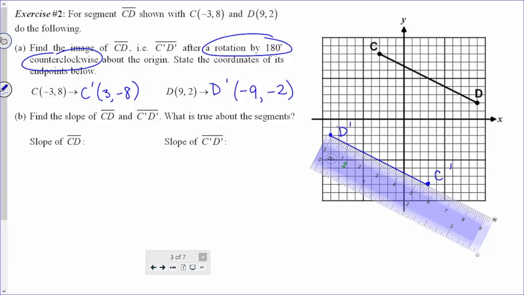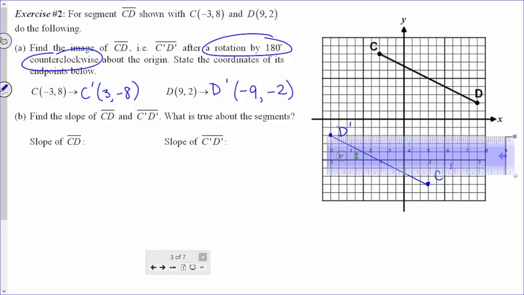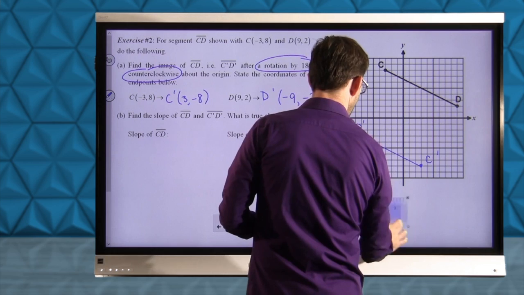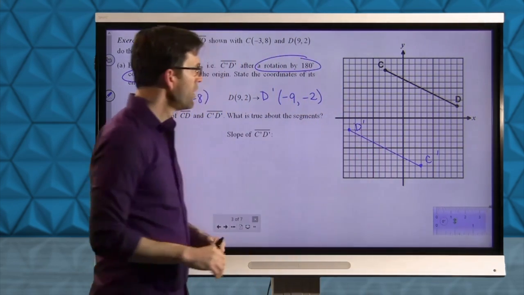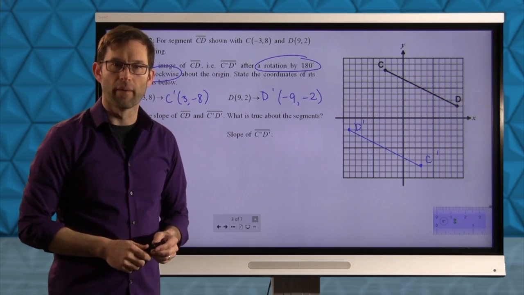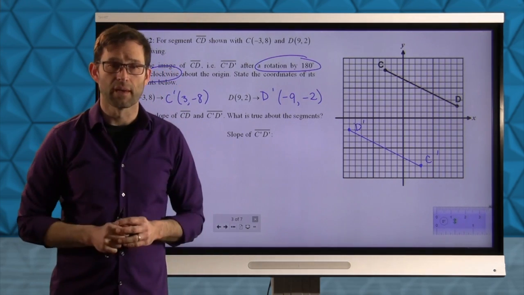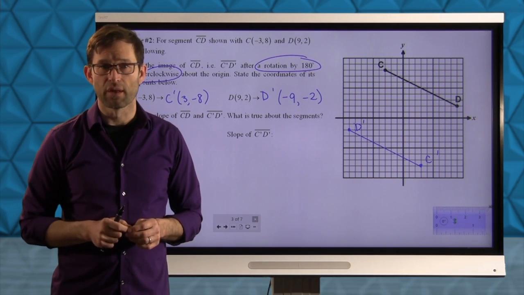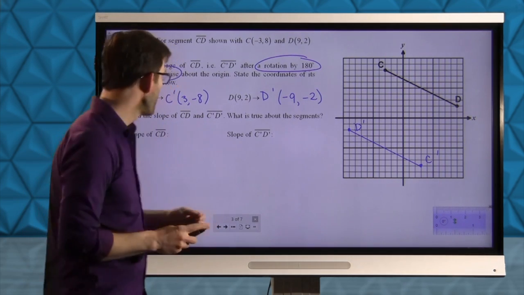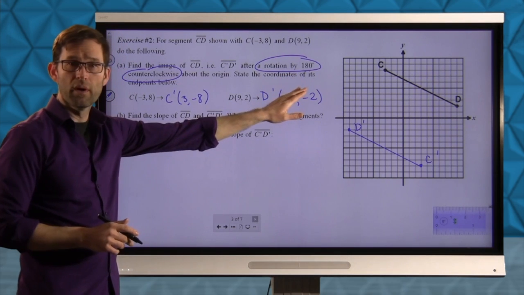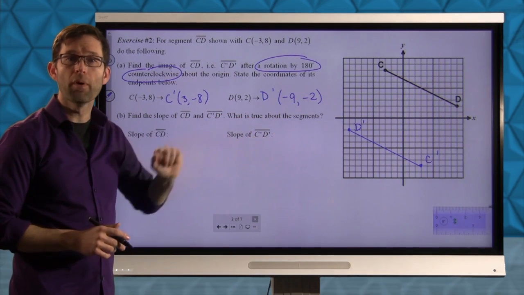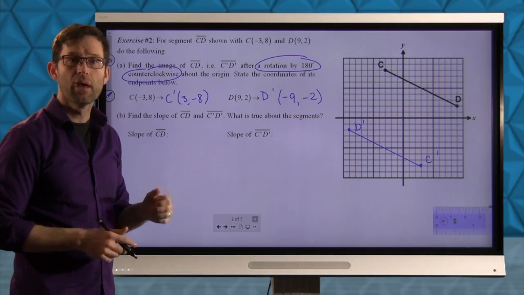Always have your straight edge handy. All right, and there's C prime, D prime. Now we already know that it's going to preserve the length of the segment, but let's look at another interesting thing that we saw come up in Unit 2. Let's figure out what the slope of CD is and what the slope of C prime, D prime is,